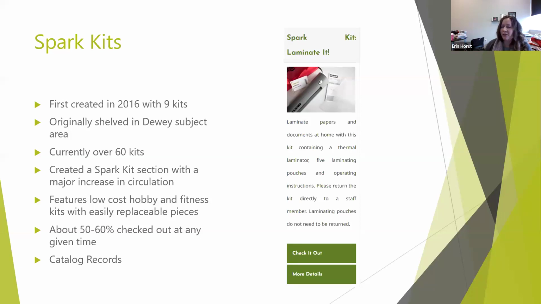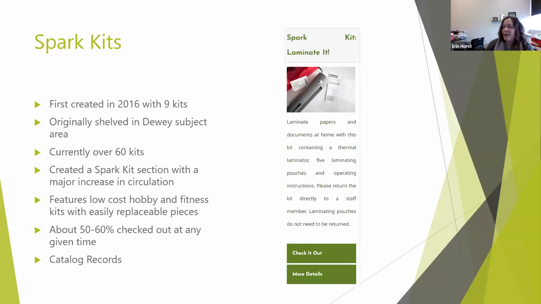So we found just a cheap little 1-page laminator on Amazon for like $25. We circulate them with 5 little lamination pockets and people love them. They're never on the shelf. So think about what are some of the maybe not crucial needs in your community, but what are the interests, and have fun with it and keep it cheap.